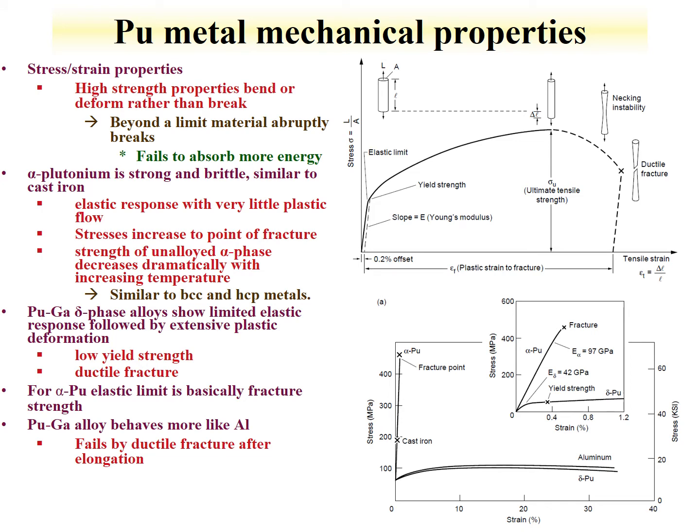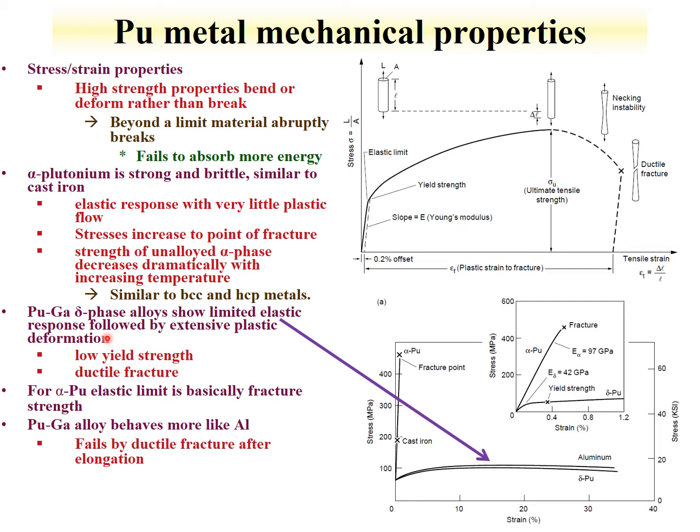As we mentioned at the beginning of this lecture, the physical properties of plutonium metal are of interest. And once the metal is made, we get some mechanical properties, particularly stress-strain. The alpha phase plutonium is strong and brittle, similar to cast iron, as we see from this plot of cast iron and plutonium metal shown here,